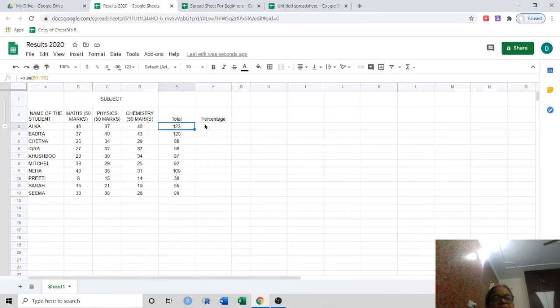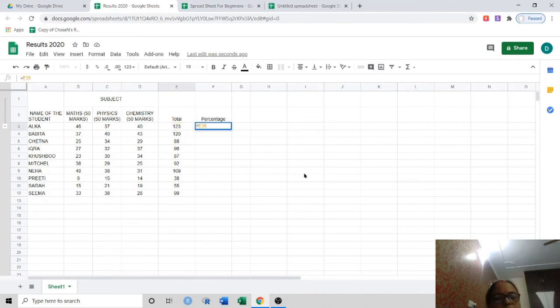Now next we will be finding the percentage. It's a lot of hectic job, but see how simple the spreadsheet makes it. Again, what you have to do, you go for the equal to sign. Select this one. You make equal to sign. Then you select the cell whose percentage you have to find out. So you select this cell. Then into